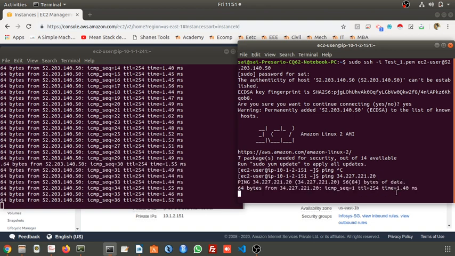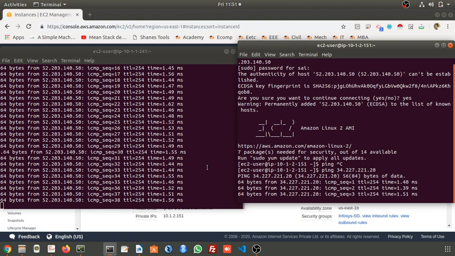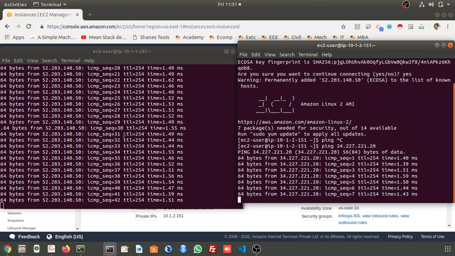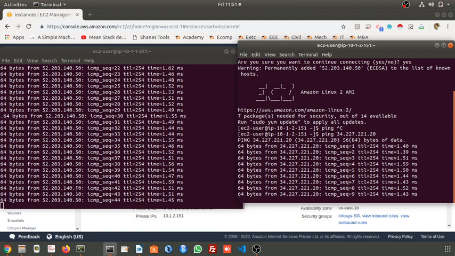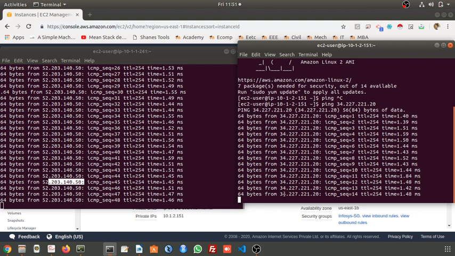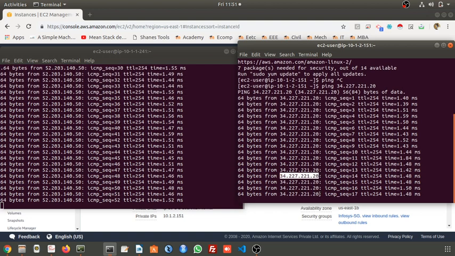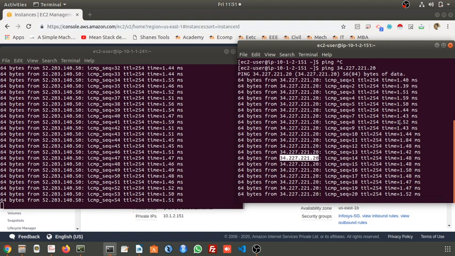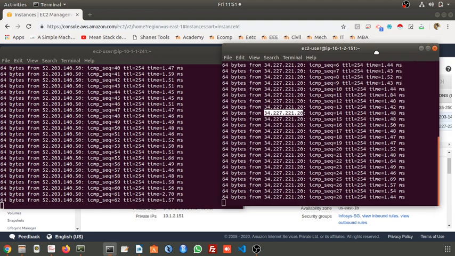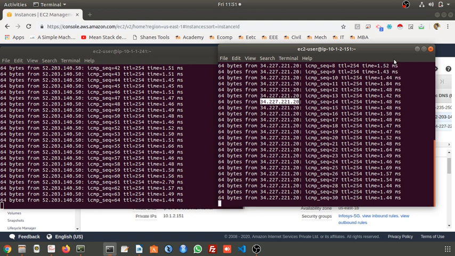See, now both are communicating. This machine is replying there, 34.227. This machine is getting a response from this 52, and it is getting a response from this 34. Okay, this is what VPC and subnetting is. In a similar way, we can communicate with the other subnet's virtual machine also. No problem.